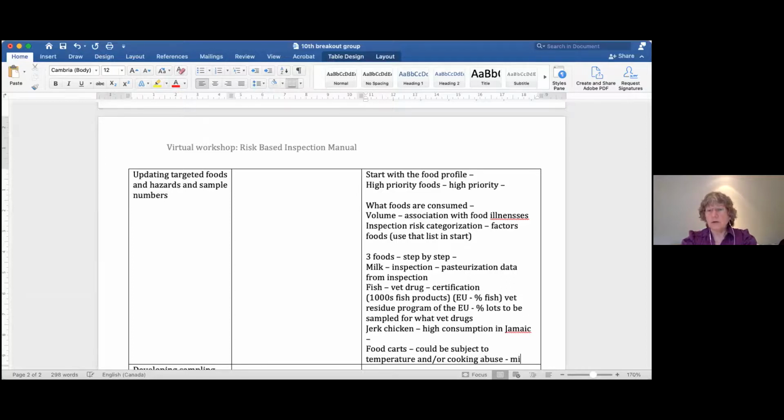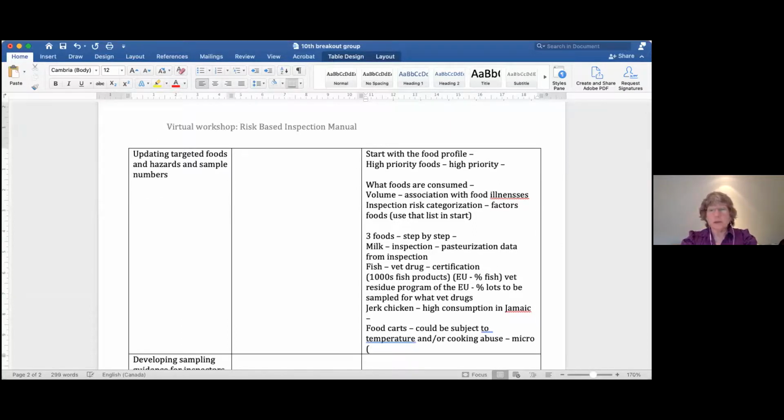I want to do micro. Now you want to say, are we doing indicator? Are we doing pathogens? And why? What information will each result give me? Do you still want to do association